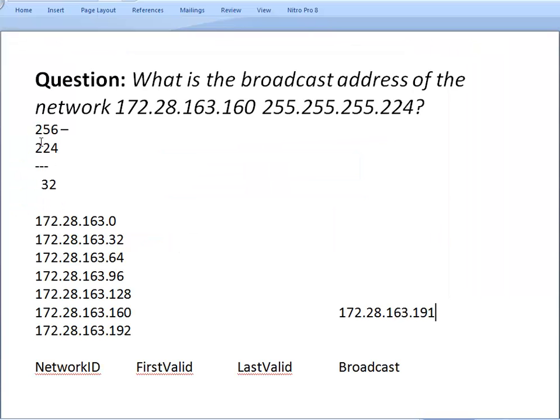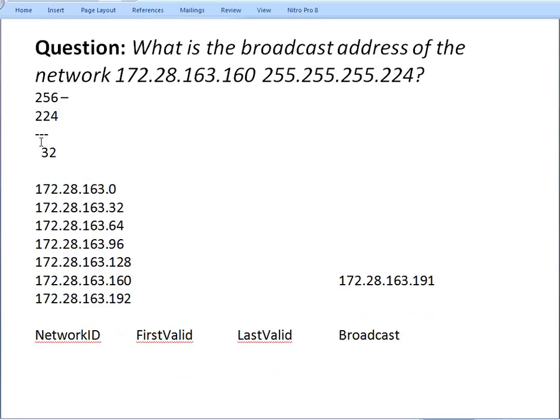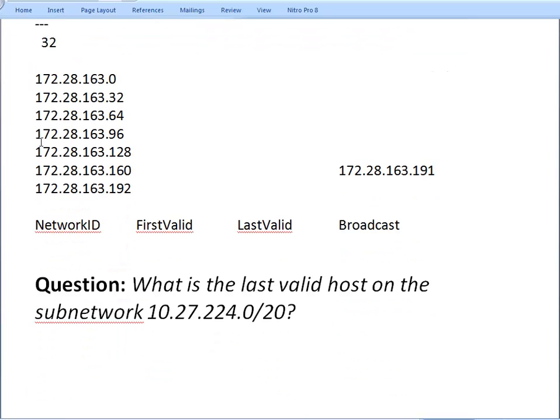Next question is, what is the last valid host address for this subnetwork? Okay, so let's copy that. What's the last valid address? What they're looking for is the last valid address on this network. So here, for example, we have